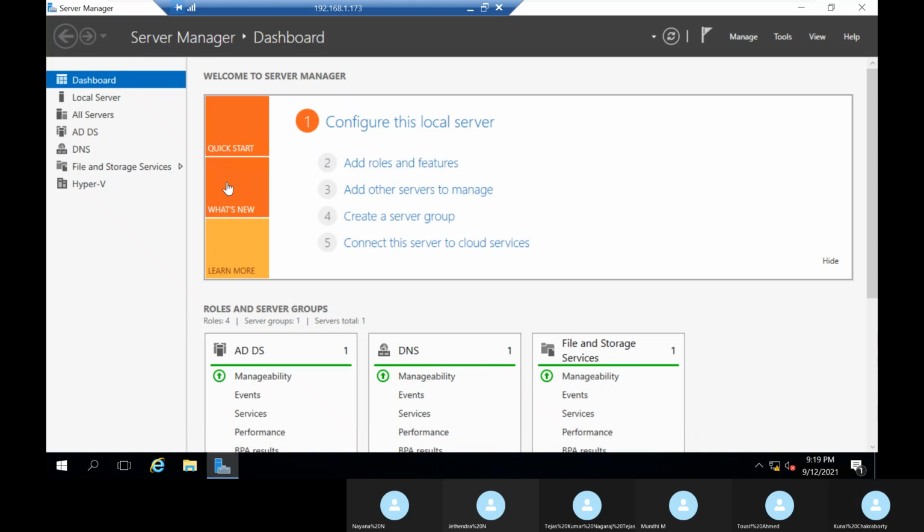Is it clear? Clear? So this is how to do DNS zone transfer and the RODC server.